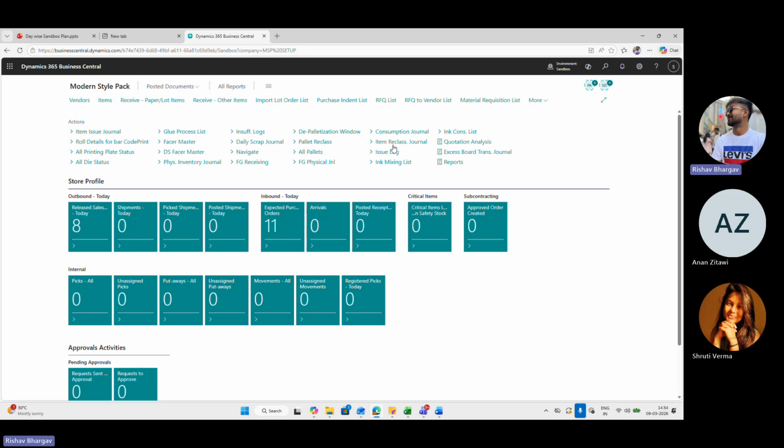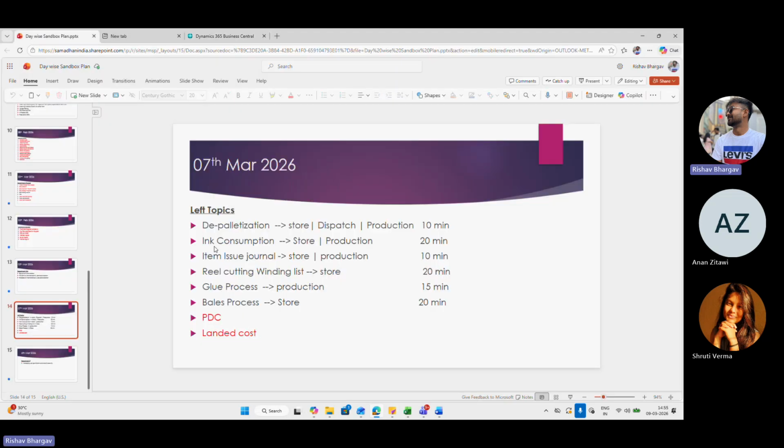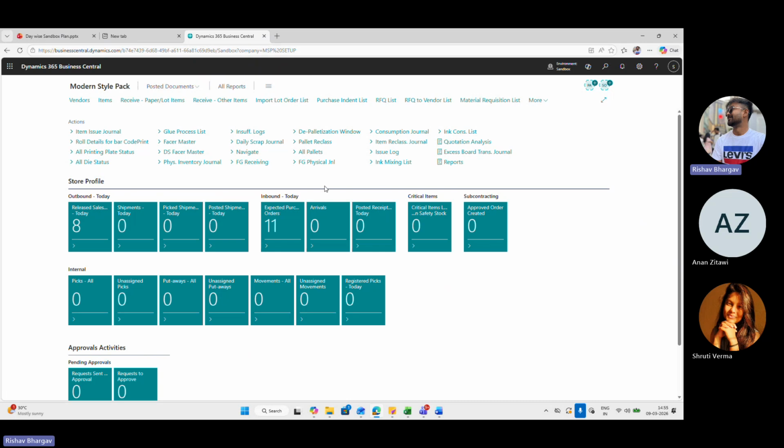So moving forward with another topic, that is ink consumption, store production, in ink consumption. How do we do ink consumption?